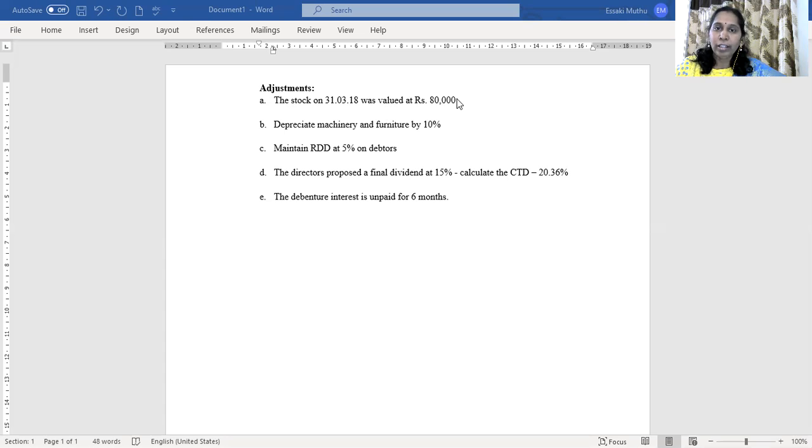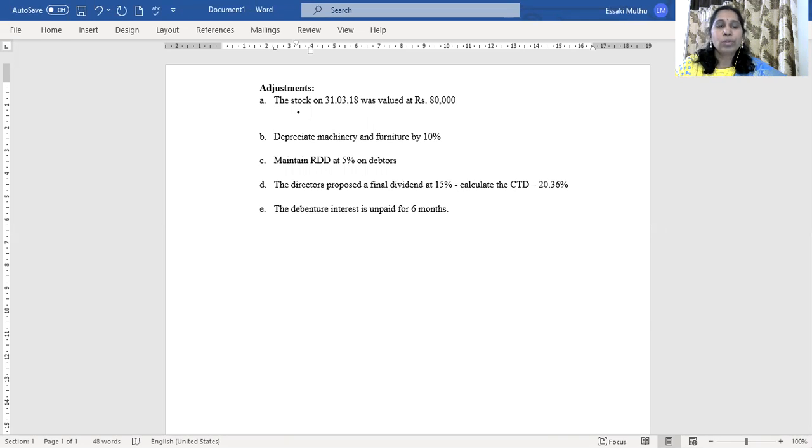Remember very well that all the adjustments will come in two places. The effect will be reflected in two places. Now we will see where this adjustment will be reflected. So this is the closing stock. The closing stock will always be considered in the changes in inventories, which appear in the income statement. So the first effect is changes in the inventory.